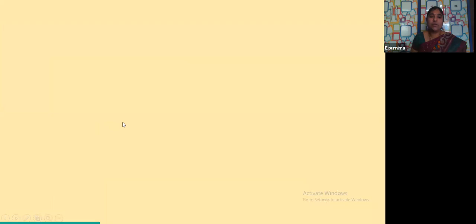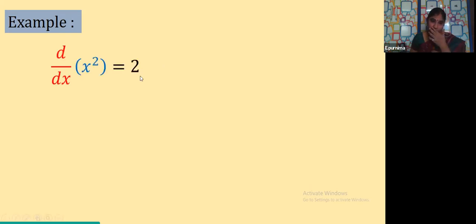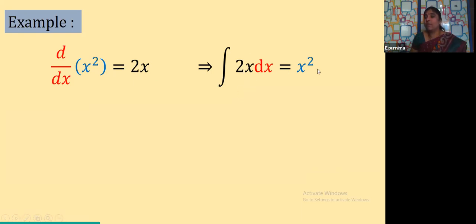Okay. Now here let us see the notations, what everything is there here. So how do you call it an antiderivative? Let us see. Suppose you know the differentiation, no? d by dx of x square is equal to what? It is 2x. This is the function which is differentiated, so for this one, this is a derivative. And for this one, what is this? It is the antiderivative. So when you differentiate this function, you get a derivative, and when you integrate this function, we get back to our function here. Now that means integral of 2x dx is equal to x square.